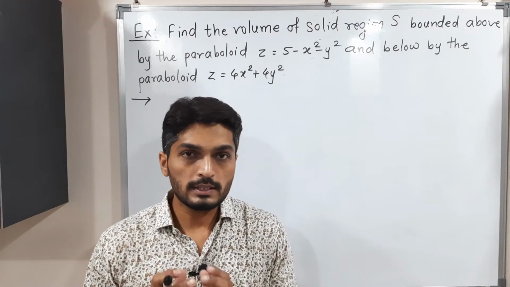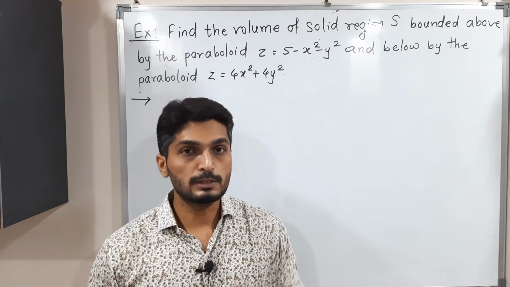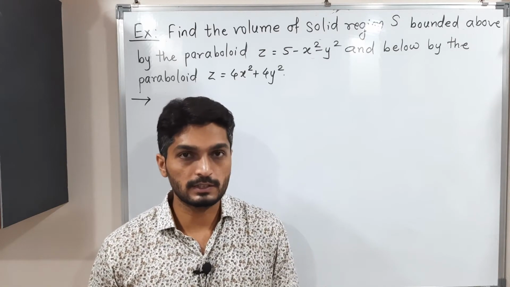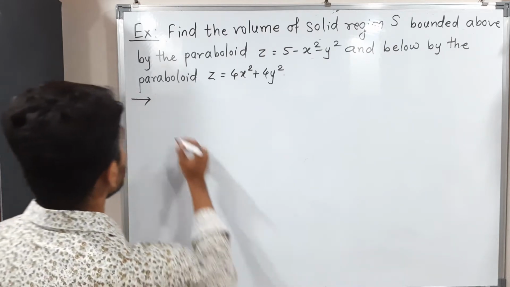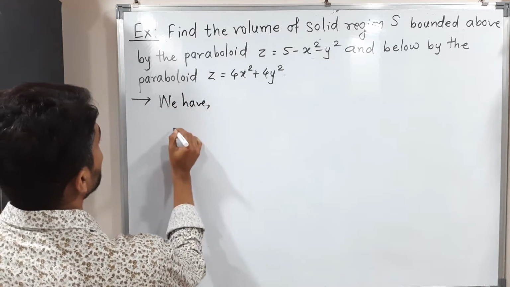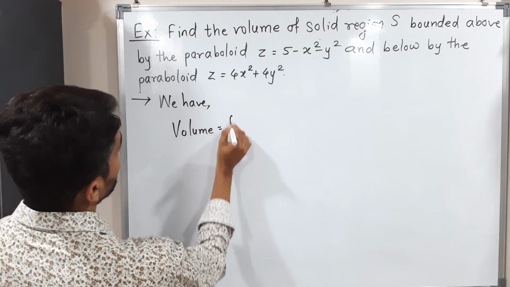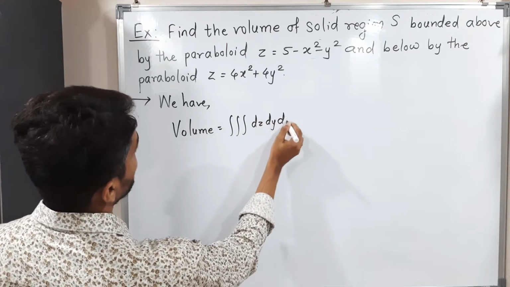We have to solve this problem of triple integration. We have to find the volume which is bounded by the given curves, or surfaces. What is the formula to find volume? The formula is, I will write, volume is equal to triple integration dz dy dx